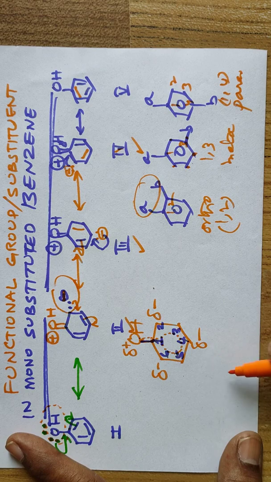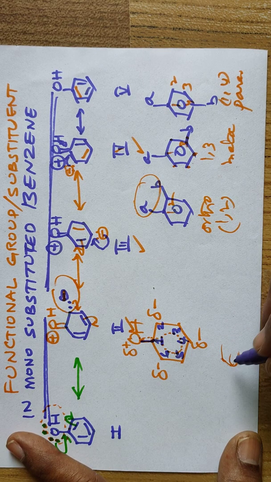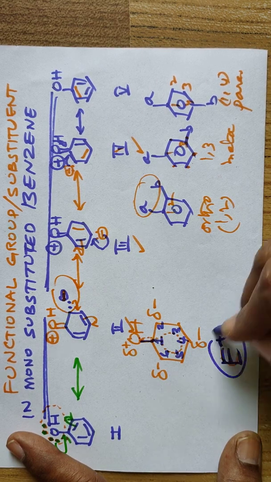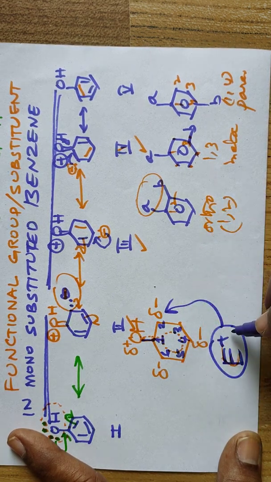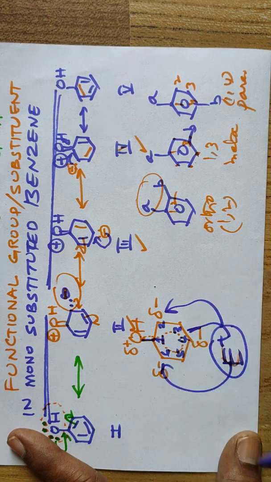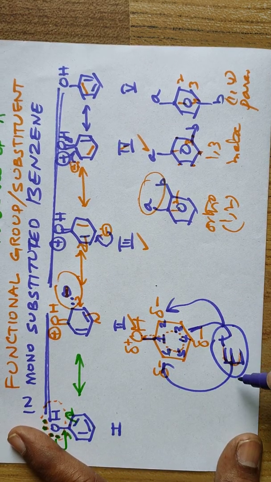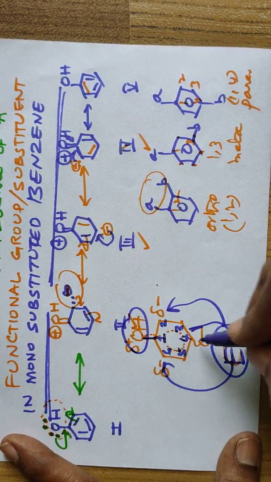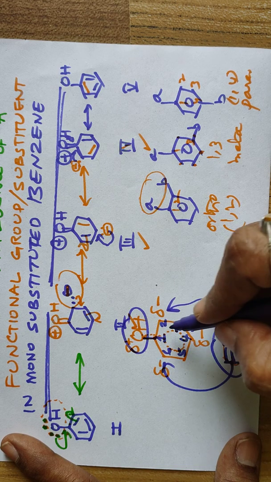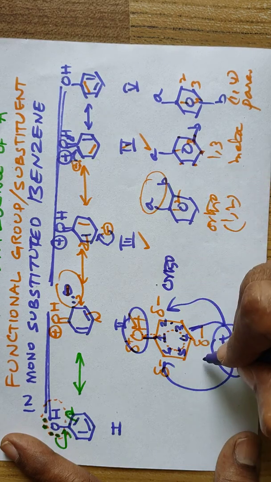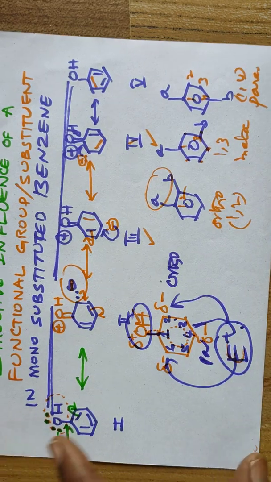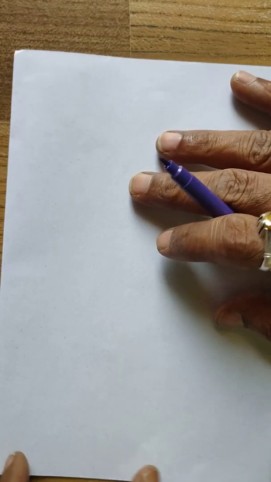So here the electrophile is electron deficient. It is ready to attack on the second carbon, fourth carbon, or sixth carbon. So this OH group is directing the new electrophile on the benzene ring at which position? At the ortho position and at the para position. So this is known as, right, after this explanation,